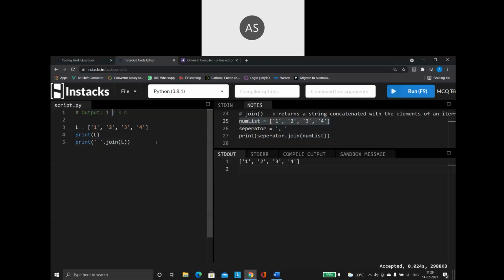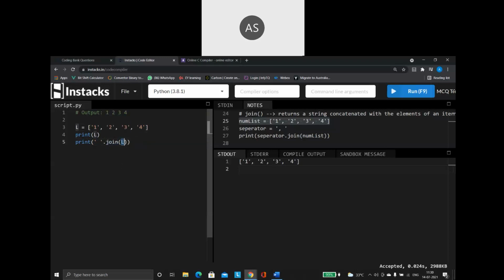If I am writing like this, then how will I know which is the value? If I'm going to print like this, how will I know which is the first value and which is the second value? No idea. So I need something to separate them. So what is the separator going to be? That I have to mention here. Then I'm going to say dot join. Which values do I have to join? The values that are present inside this list.